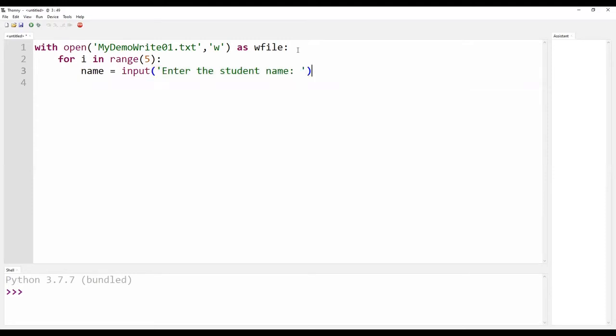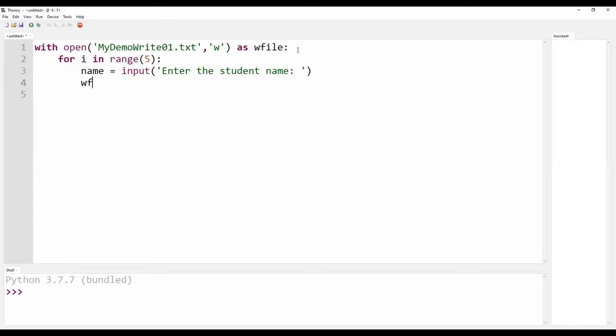I am accepting 5 input names. Then, after getting the input, I have to write them onto the file, my demo write 01.